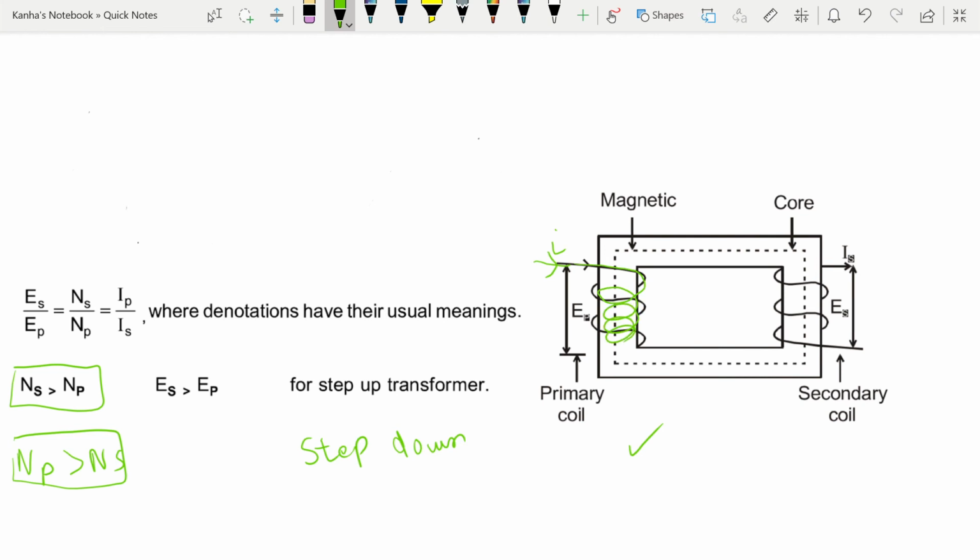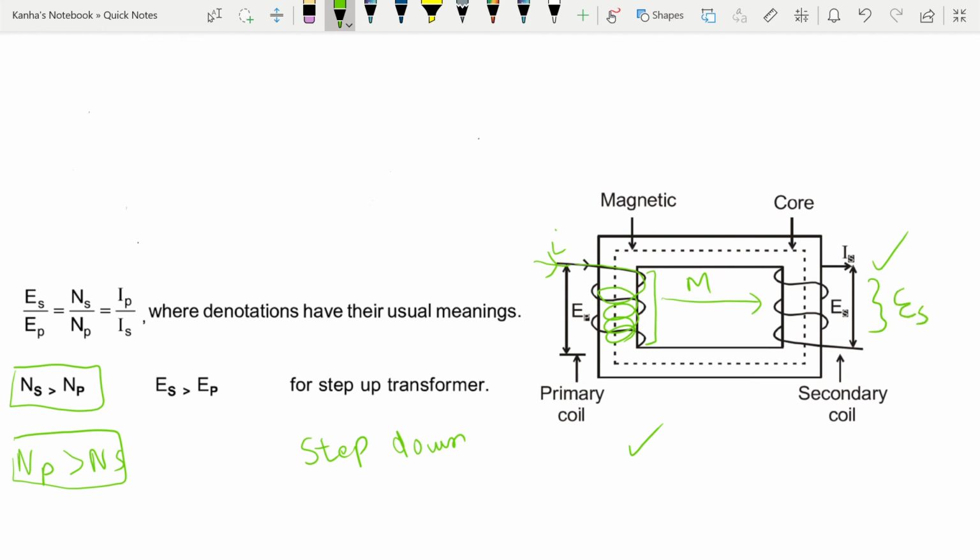Now what will happen is due to the flux here or the current here, there will be a change in current in the primary coils. This will induce a current or an EMF in the secondary coils, due to the mutual inductance between the two coils,